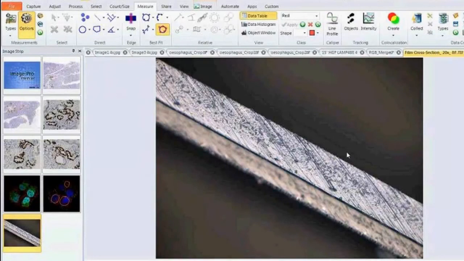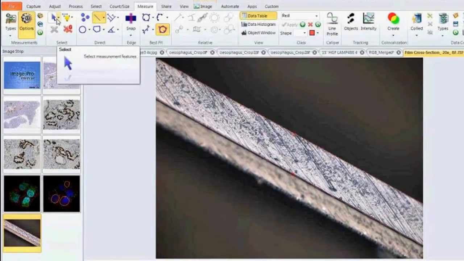So what I'm going to do is, I could use auto trace or I could just manually draw it. I'm just going to do a simple polyline, and if I want to know the thickness of this, select the edges here and let's draw one more here. Again, if I make a mistake or I need to adjust it, I can always go in and select it. The key now is,